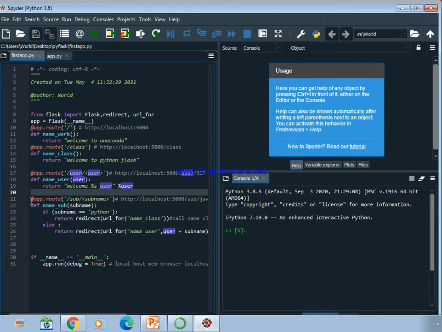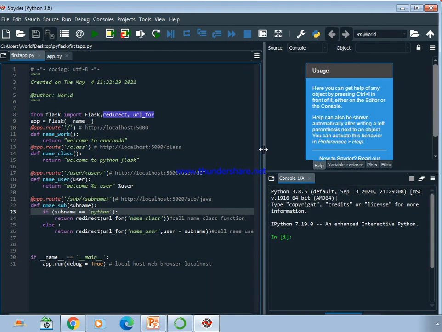And the last one is we can also redirect from one function to another function. So for that only this redirect and URL for is used, right? So here the last path is representing a subject, that is represented as SUB, and then the subject name,